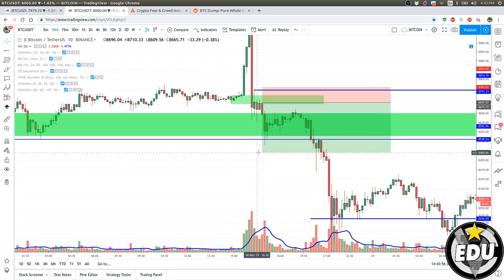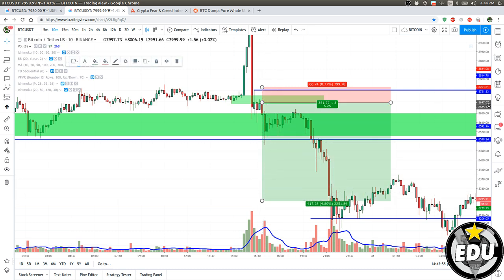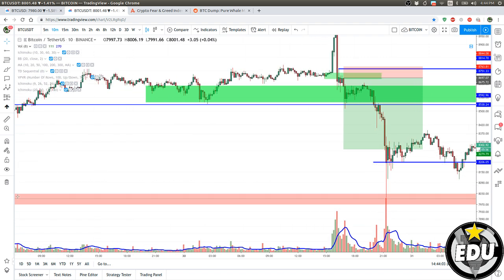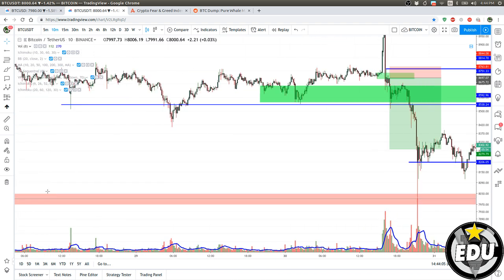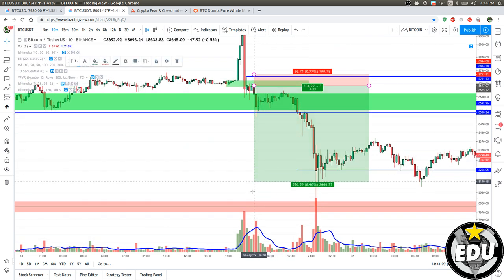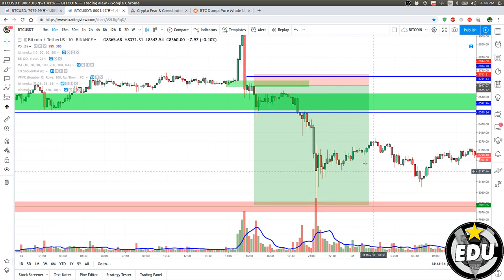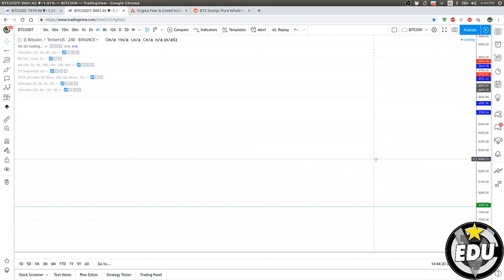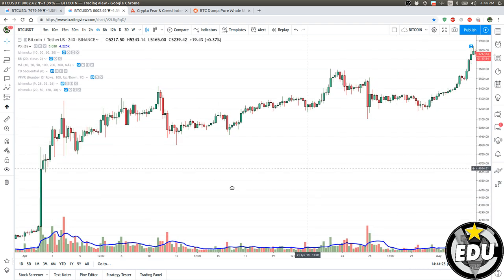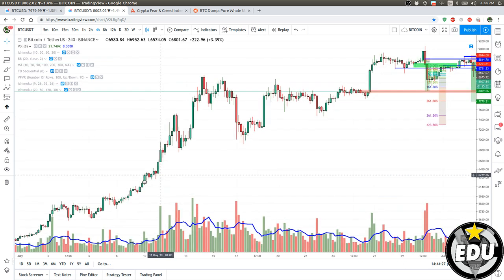And then the first stop would have been here on this red area, which is the block, the 4-hour block. Targets, usually I trace them on the higher time frame. So see that candle that reached all the way down? That could have been actually a massive 10-hour trade if you're able to do it. Why that red? Because it's a block. It's the block that caused the pump.